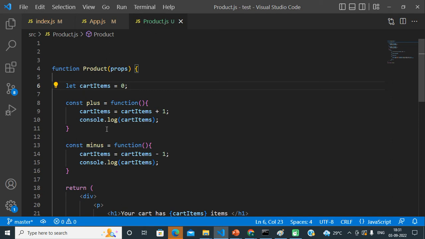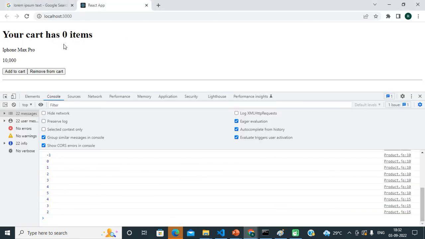In this code we are not creating any state variable, we are creating a normal JavaScript variable. That is why we can obviously update the value of that variable. But the React component can see that no state value is being updated, so it is not re-rendering itself, and that's why we can't see the updated value here.